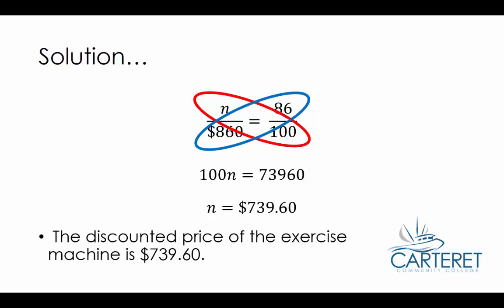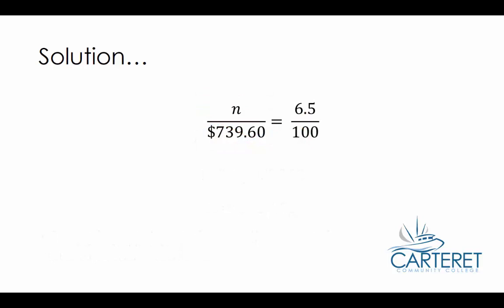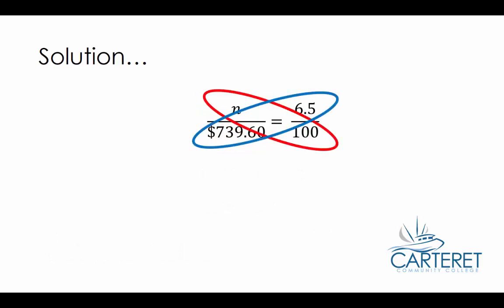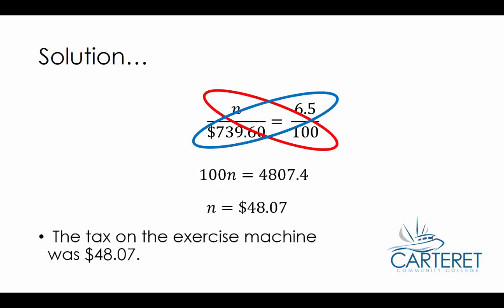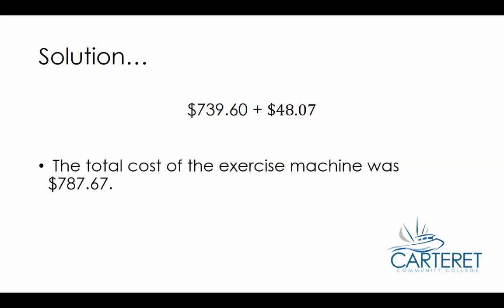We see the discounted price of the new cost of the exercise machine is $739.60. Now to take care of the tax. The tax on the exercise machine was $48.07, bringing our total cost of the exercise machine to be $787.67. It is true that there are many types of taxes, including sales tax, gasoline tax, and property tax, but